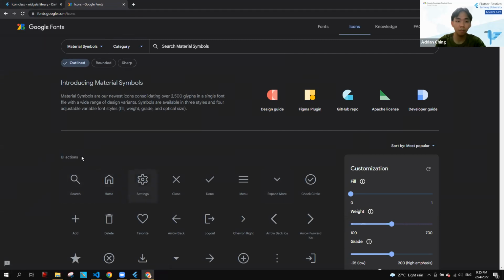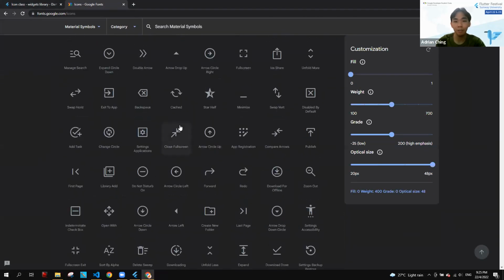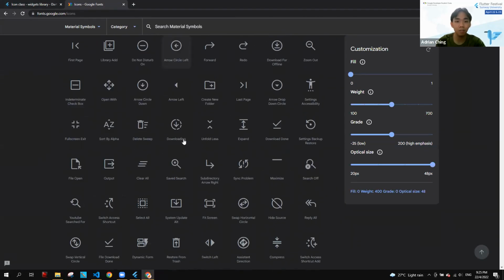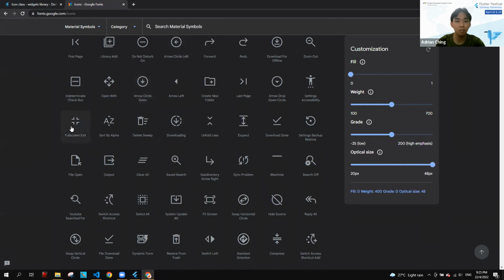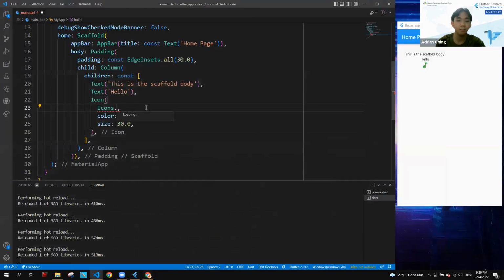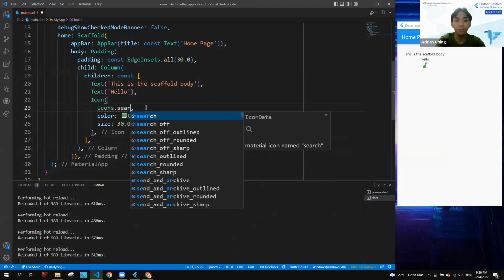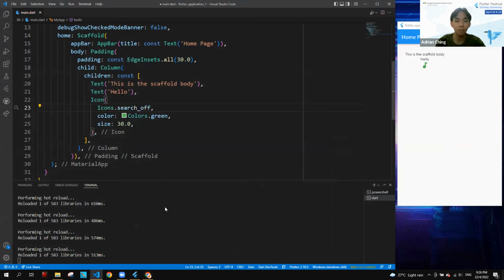There are all of the different icons that you can apply. For example, let's just take search off. Icons dot, it should show search off. So we just change these, and there you go.